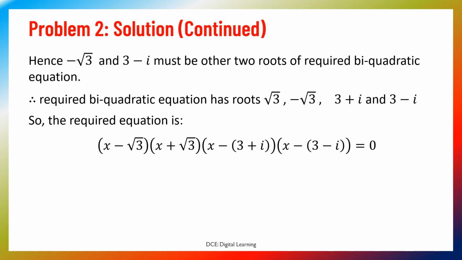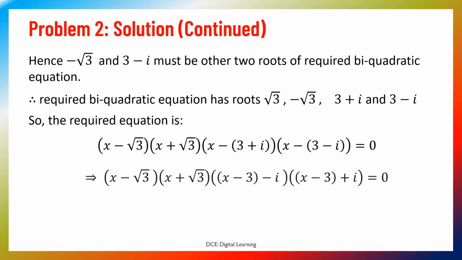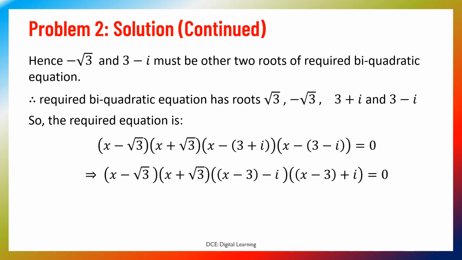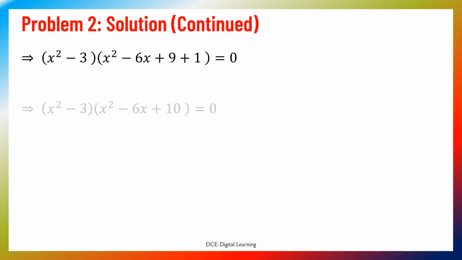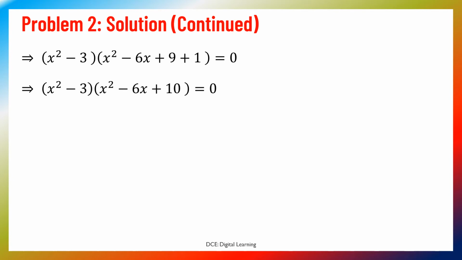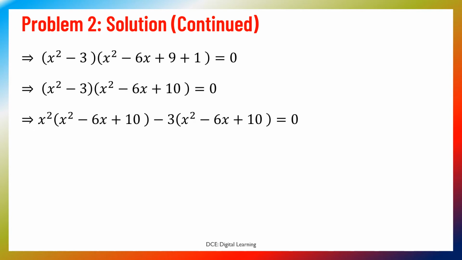into x minus 3 minus i equals 0, which implies x minus root 3 into x plus root 3 into x minus 3 minus i into x minus 3 plus i equals 0, which implies x square minus 3 into x minus 3 whole square plus 1 equals 0, which implies x square minus 3 into x square minus 6x plus 9 plus 1 equals 0, which implies x square minus 3 into x square minus 6x plus 10 equals 0, which implies x square into x square minus